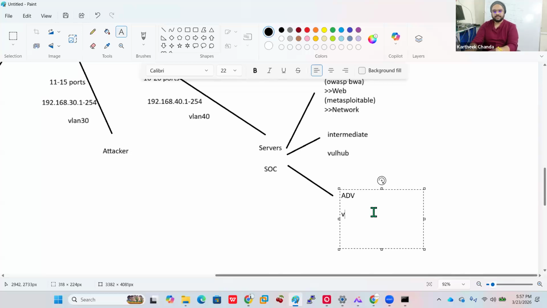There are many machines, so you have to do enumerations. There will be CTFs. There is something called capture the flag challenges, CTFs. If you have heard about CTF challenges, it's like a game. Many companies conduct CTFs to hire people as well. So what CTF means,